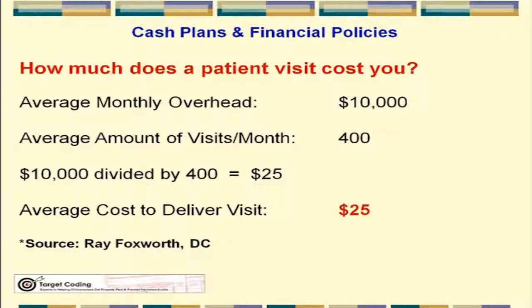And you see 100 visits per week, which is 400 per month. 10,000 divided by 400 visits means it costs you $25 for each visit. Yes, it costs you money to give a patient a treatment. It costs you $25. So if you have cash patients coming in and they're paying you $20 each visit, you're